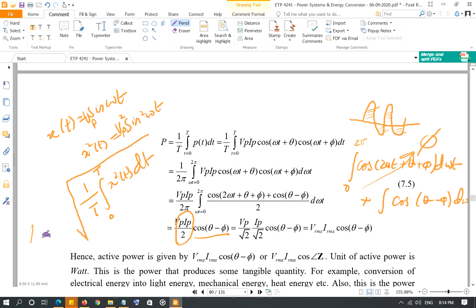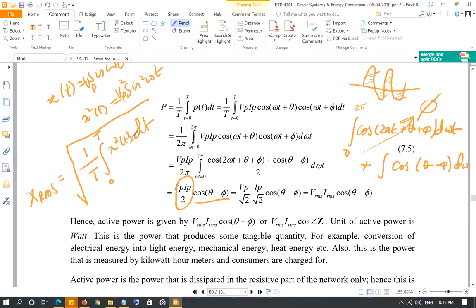So this is going to be the RMS value of x, and that's how you find the RMS value of any periodic signal. You first square the signal, then take the average or mean, and then you take the square root of that. Once you do that for Vp square sine square omega t, you're going to get Vp over square root of 2. So that's why Vp over square root of 2 is the RMS value of the sinusoidal signal. So that's why you see here that the average power is equal to the RMS value of the voltage times the RMS value of the current times cosine theta minus phi. And this cosine theta minus phi, as you will see soon, is called the power